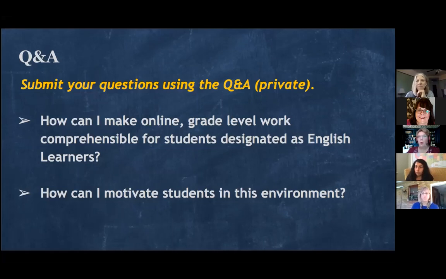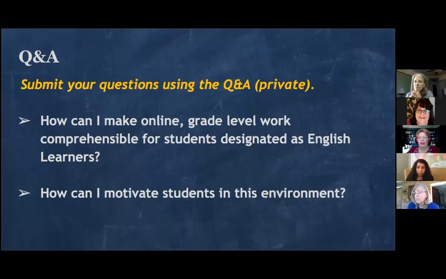Sure. One great thing, find some videos. I don't know if you're familiar with Edpuzzle, but you can take a video and segment it into sections and stop at points. You can use voiceover and give a verbal explanation. You can give questions to stop and help them to think. There are all kinds of tools like that that you can use.